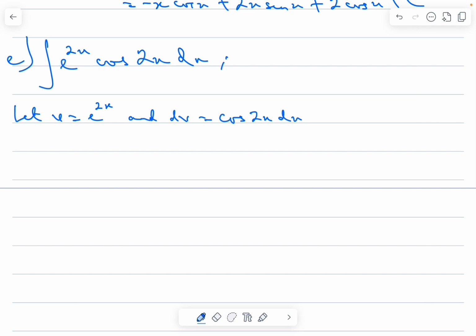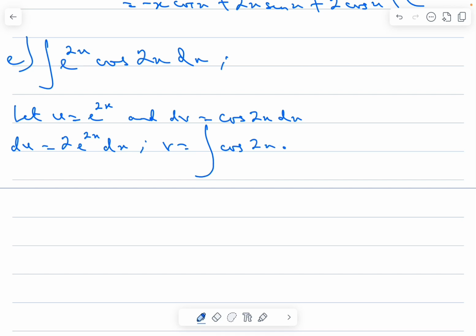So this is u, so that means du/dx, if you differentiate e raised to power 2x, is 2 e raised to power 2x. That simply means du itself will be 2 e raised to power 2x dx,